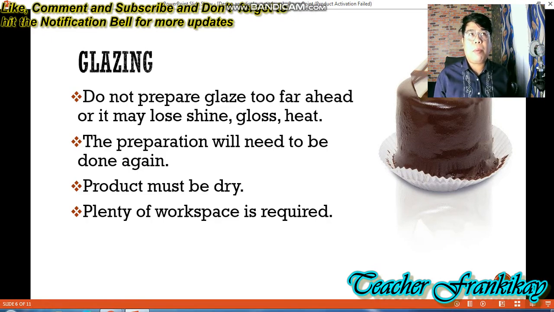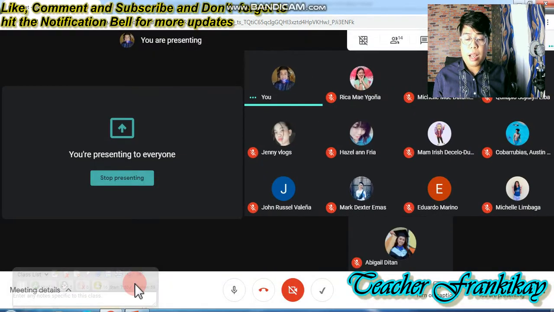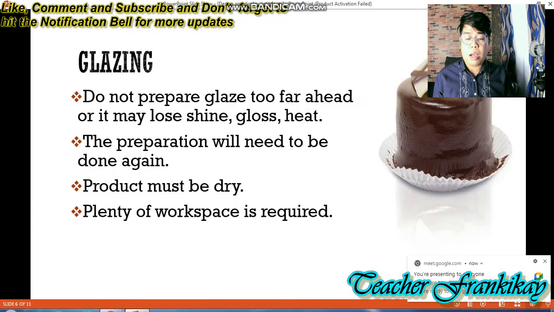Kasi, syempre, kapag kunwari gawa mo na siya, nagawa mo na siya ulit, 'di ba? Tapos kunwari, kasi ang chocolate ganache or yung ganache natin na glazes is nagsiset siya, ibig sabihin tumitigas, 'di ba? So, gagawin mo, iinitin mo ulit. It is wasting your time to do it again. So, dapat, hindi siya pwedeng i-prepare ang glazes